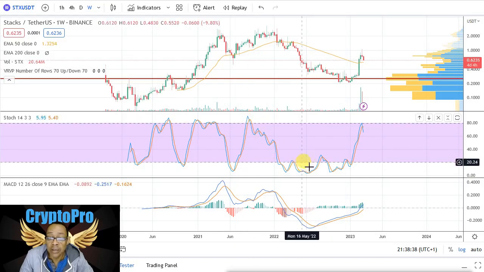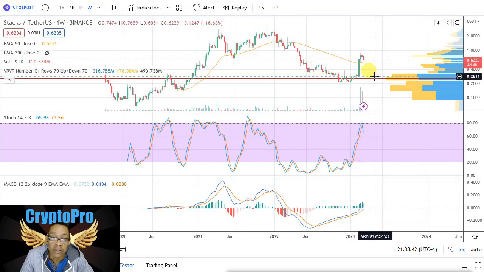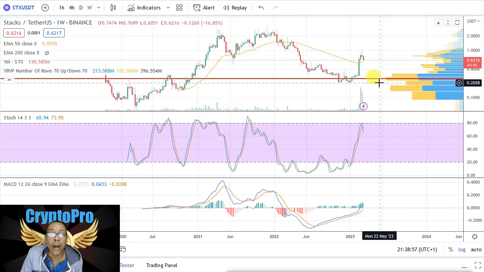This action here looks like a huge premature pump, and this is going to correct hard. And as long as it holds this base of 14 cents, it'll keep on building. If it fails that, the next base is 9 cents. I don't know if it'll correct that far unless we get this 50-point hike and a massive correction in the crypto market. But I'm watching it. I'll start watching it 20 cents on down.